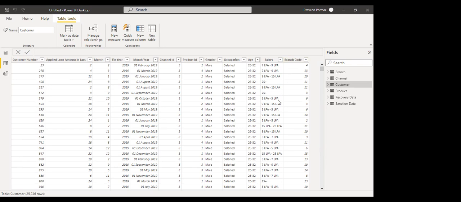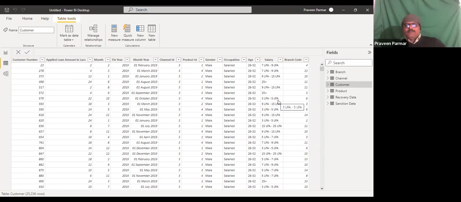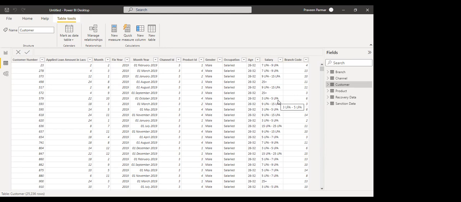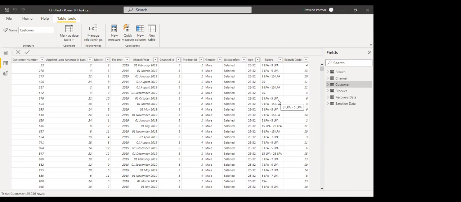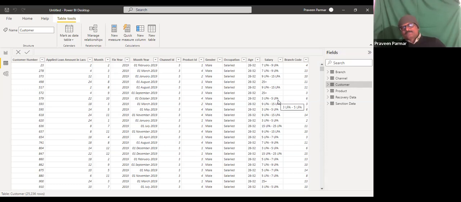So branch table is a dimension table and customer table is a fact table. Other tables, you tell me name-wise. Product table is also a dimension table. Recovery data is a fact table. Sanction data is also a fact table.